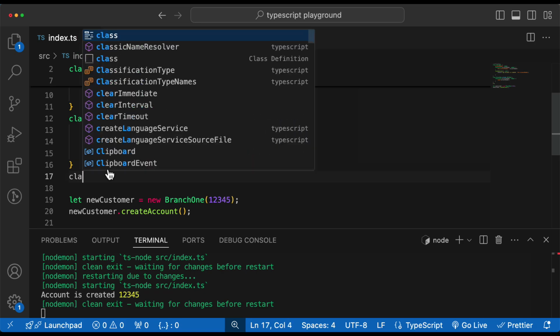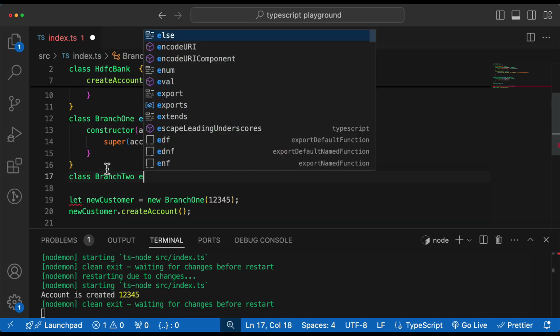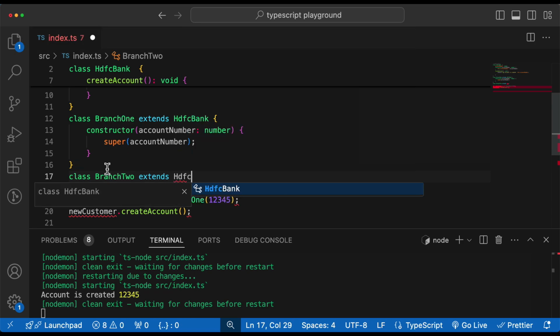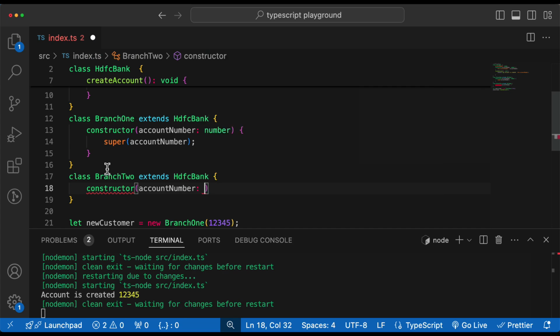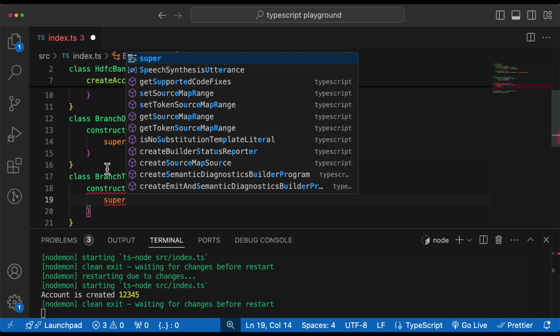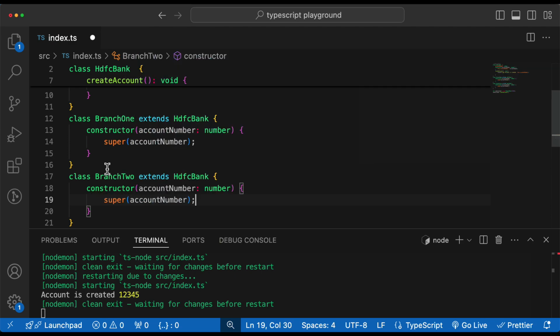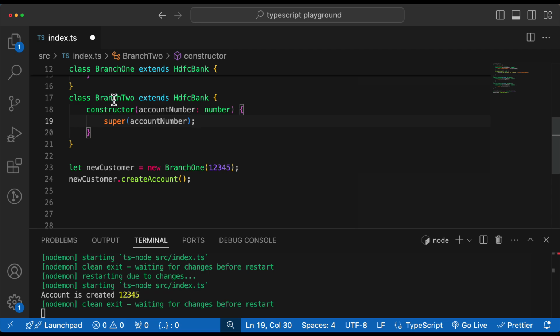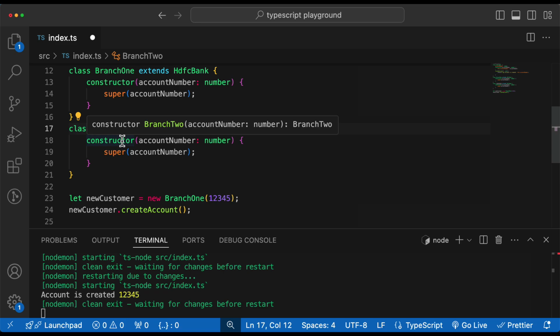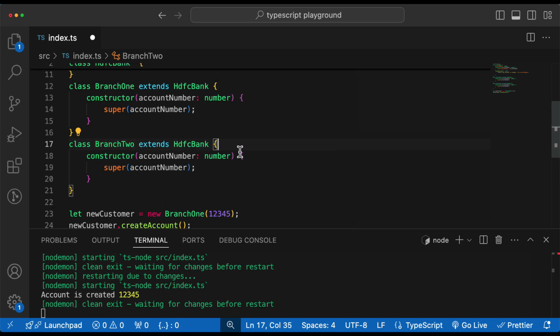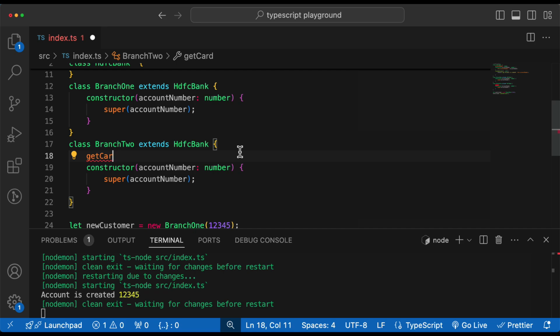Similarly, I can create one more class, Branch2, that will also extend the HDFCBank, and I can create a constructor and pass the account number, which is of type number, and I can call the super method and pass the account number. Similarly, one more customer from Branch2 can create a new account. Suppose this Branch2 provides one more facility to the customer, the car loan. Let's say getCarLoan,